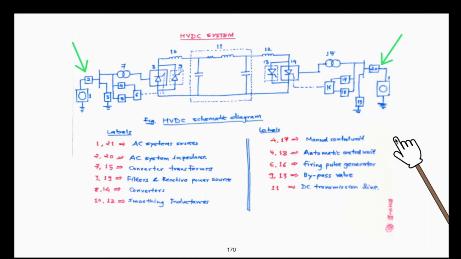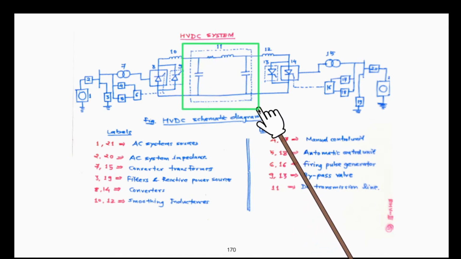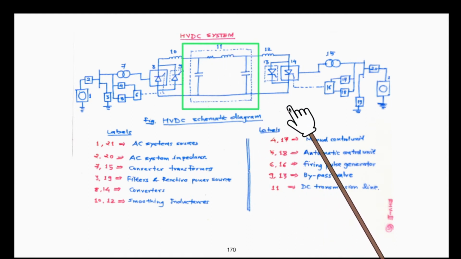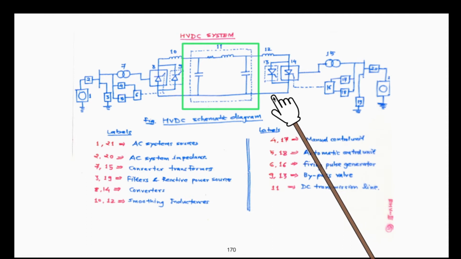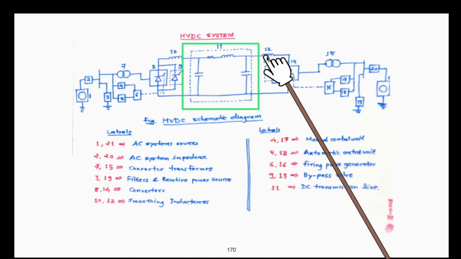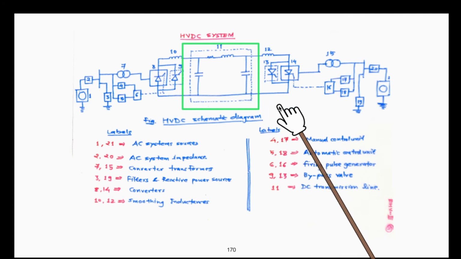And lastly, we come across the elements which are indicated here. First and foremost is the equivalent representation of the DC line. It is in the form of capacitance and inductances. But there may be a question in your mind, sir, since it is a DC circuit, where is the question of inductance and capacitance? Basically, inductance and capacitance form a pi representation. In case there are harmonics present on the DC side, then this will come into the picture, and they are required for evaluation of the behavior of harmonics.